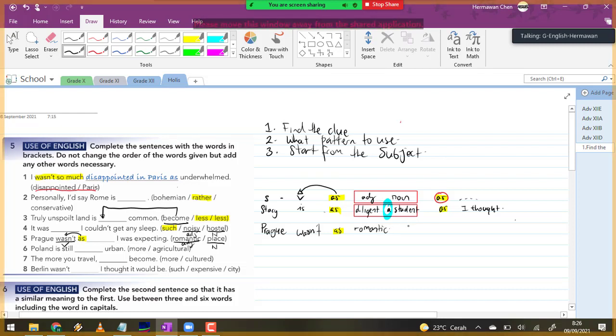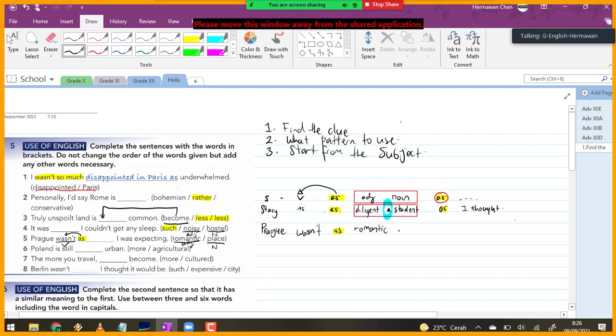Look at the example above. If the noun is singular, you have to use article a or an. Look at the word place. That's singular. It means you have to use a. Yeah, you have to put the article a between adjective and the noun, and then you put the noun, place.